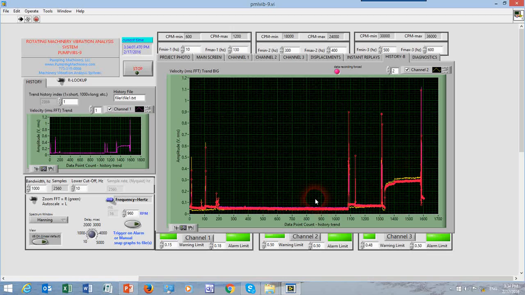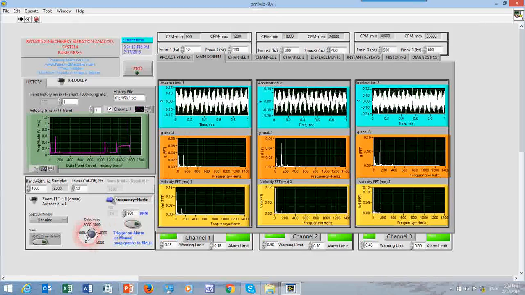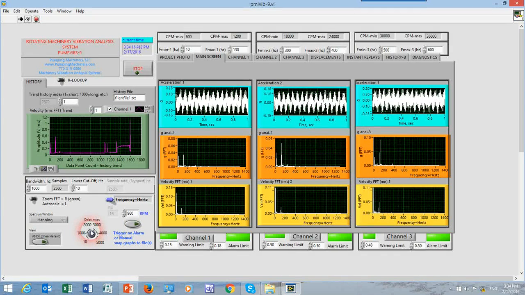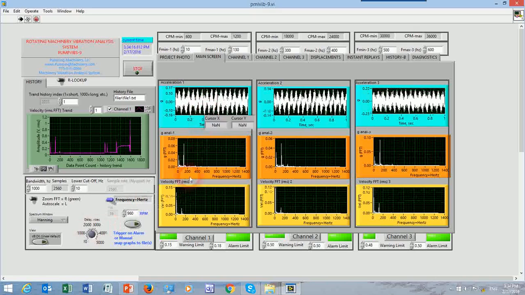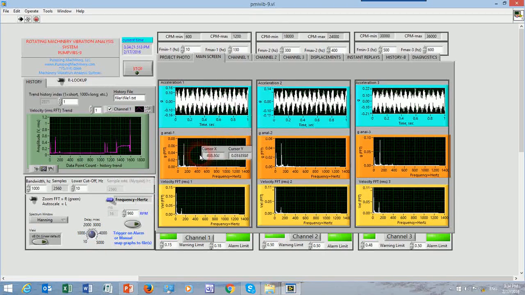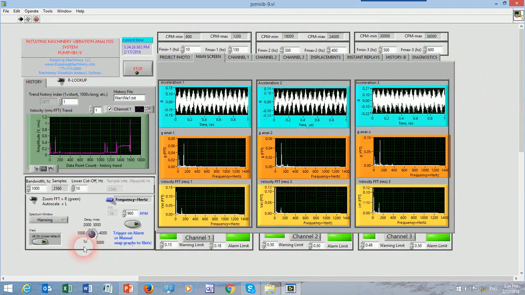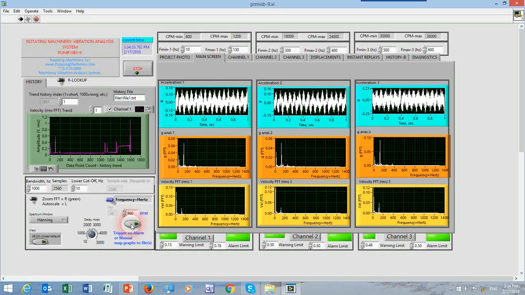Okay. If we want to delay the display, let's say I want to look at this, we can always turn this from 10 milliseconds to 2,000 milliseconds delay or more. And now you can see how I'm freezing the display in order for me to get some more online analysis of what's going on. So I'm going back to 10 milliseconds, which is a more rapid display. And one more time, let me push this button and click